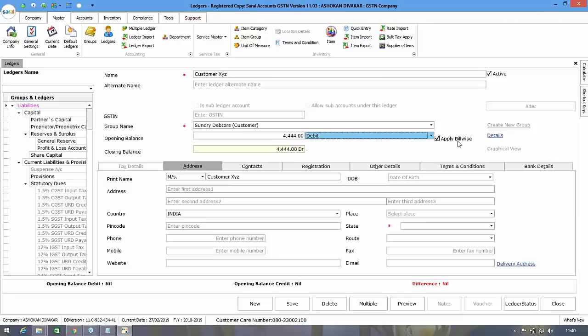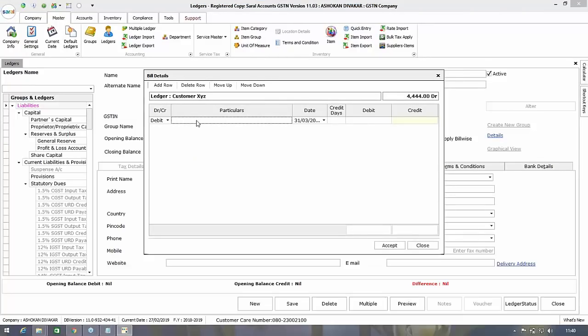We'll go with the apply bill wise option, where for this opening balance we have to mention bill details here. See, the bill number and amount we can track, or we'll put OB as the bill number, then the bill date and the amount. Multiple